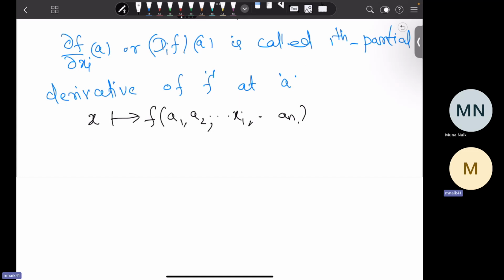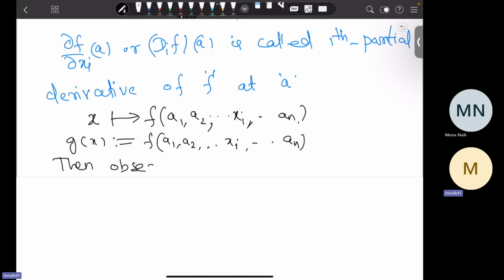If you look at this f of a1, a2, xi, and the other coordinates fixed as in a, then observe del g by del xi at the point ai